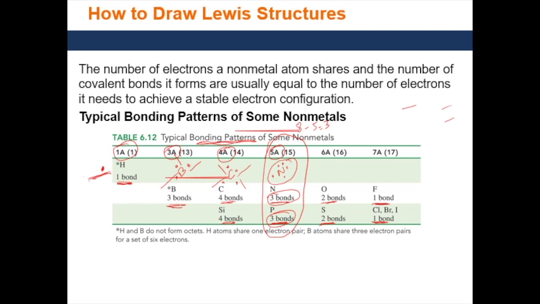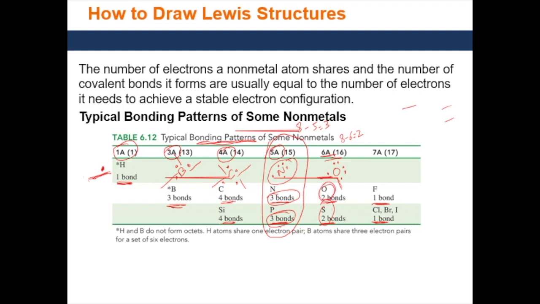The next elements we see are oxygen and sulfur. They belong to group number 6, meaning they have 6 valence electrons: 1, 2, 3, 4, 5, 6. In order to get 8 electrons, how many more does it need? It needs 8 minus 6, so 2 more electrons, which means it can form 2 more bonds. This electron can form 1 bond, and this electron can be used to form another bond. So it can form a maximum of